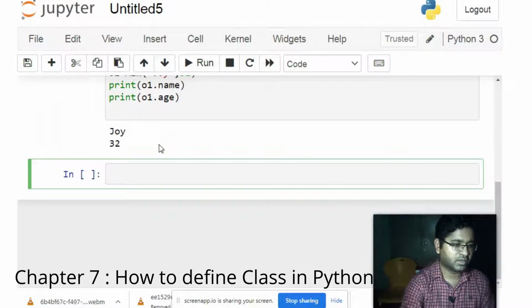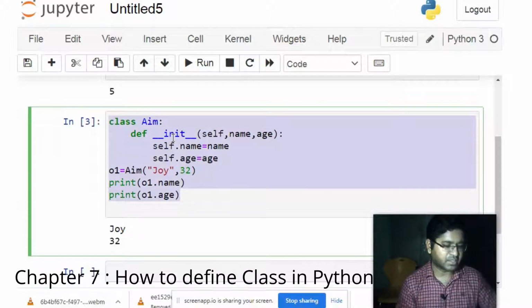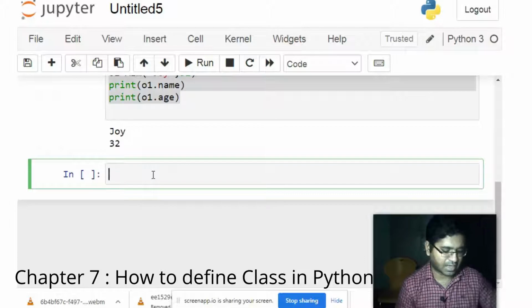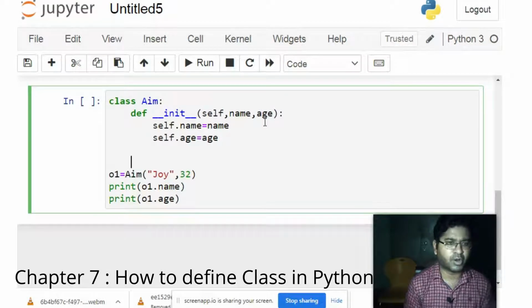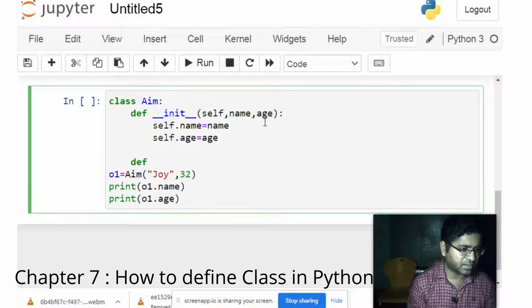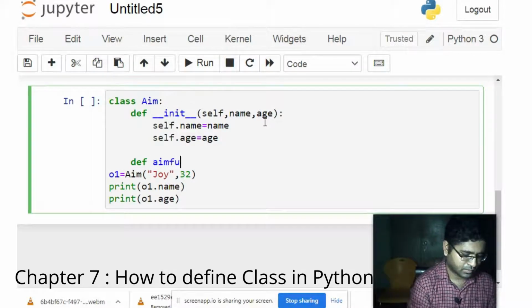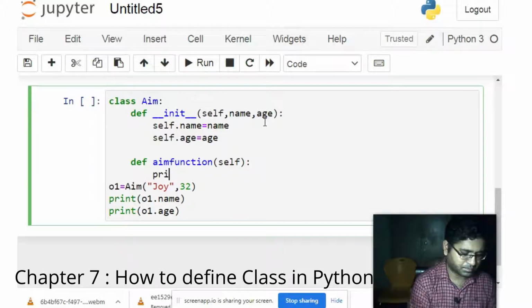Okay, what if we define another function inside the class? Because you have studied in the previous section, or somewhere else in your class study, that a class has polymorphism, inheritance, abstract values. So we are going to define another method here, including this __init__ function. So what's the name of this method? def is used to define the method, and aim function with the self keyword, and it is going to print